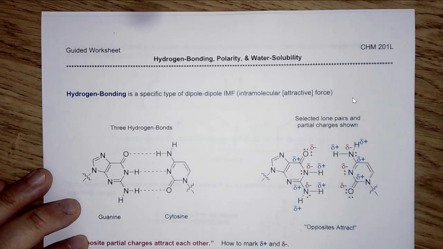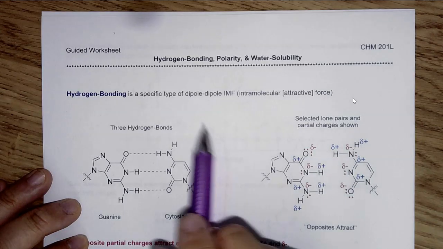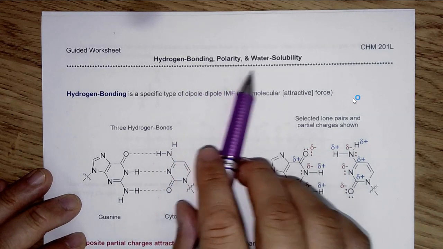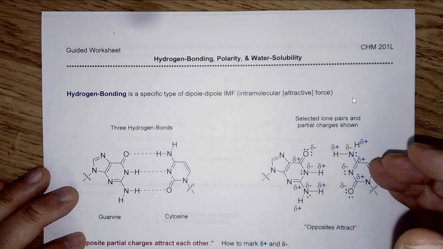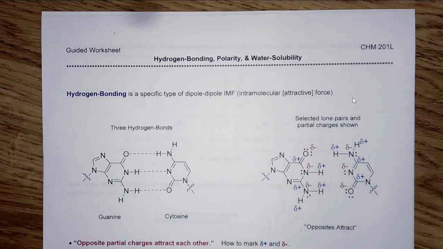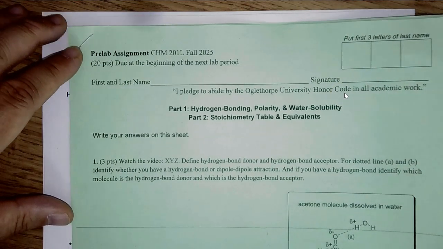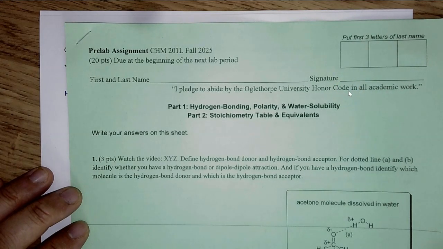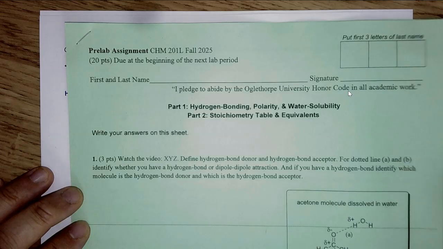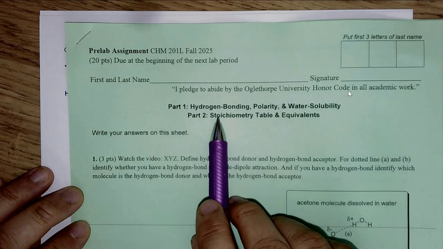Hello, in this video I want to go through this guided worksheet on hydrogen bonding, polarity, and water solubility. Hopefully this video and the notes that you take will help you with the pre-lab assignment. This semester it happens to be on green paper, and the pre-lab assignment also deals with hydrogen bonding, polarity, and